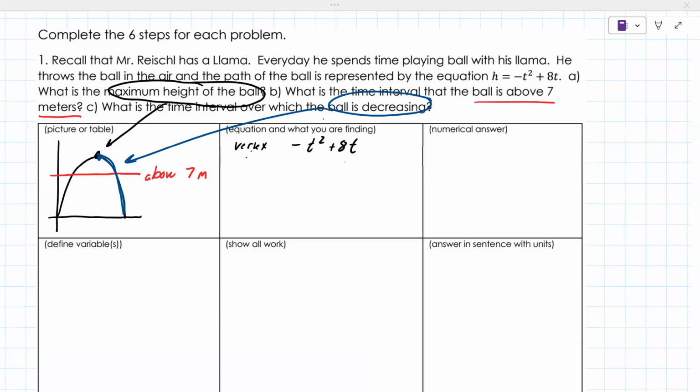So you would do negative t squared plus 8t equals 0. You do negative t squared plus 8t plus